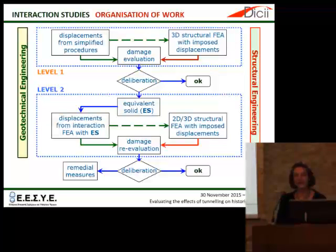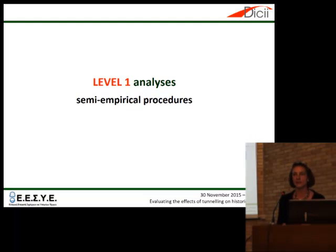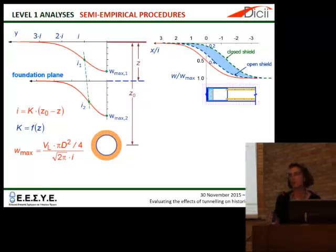Now, let's start from level 1 analysis. In this slide, I have tried to summarize the empirical procedures that we used in order to predict the greenfield displacement. So that is the displacements due to tunneling without considering the presence of the buildings. Now, this is based on the usual Gaussian prediction, so as most of you probably know, it is generally assumed that the displacement profile in a section orthogonal to the tunnel axis is well described by a Gaussian function, which is fully defined by two parameters that are the maximum settlement at the tunnel axis and the distance of the point of inflection from the tunnel